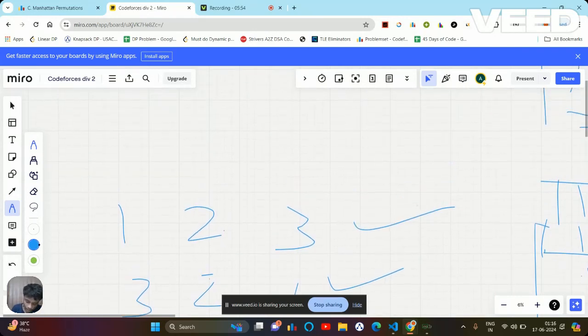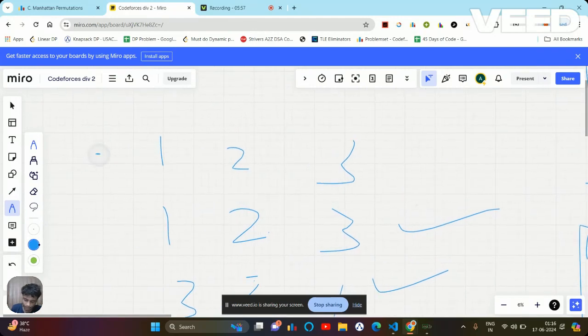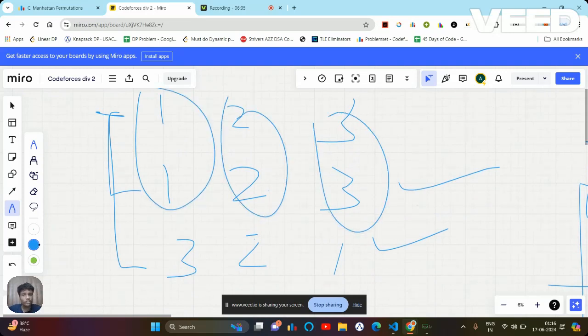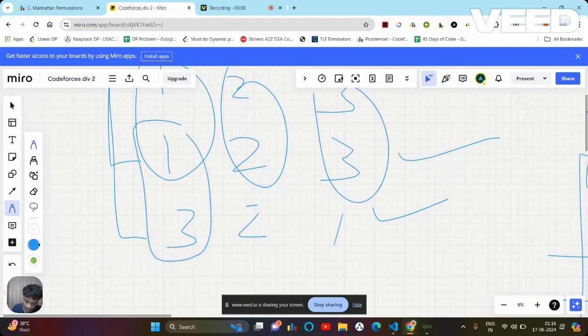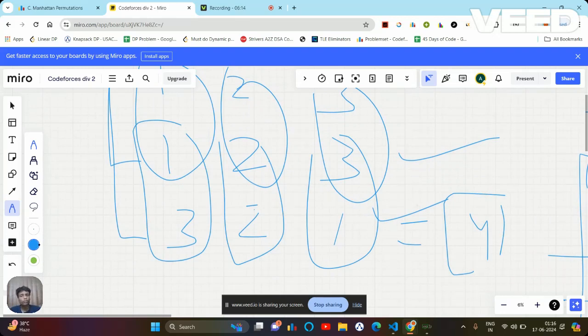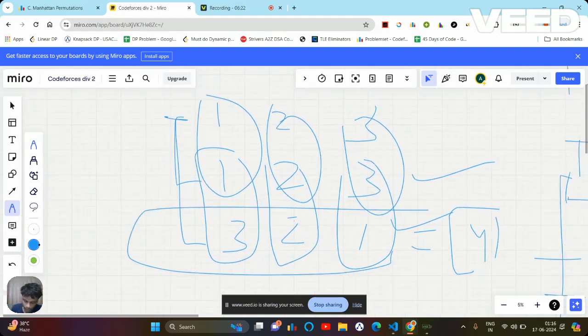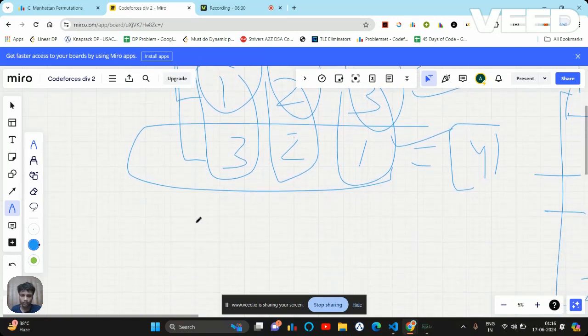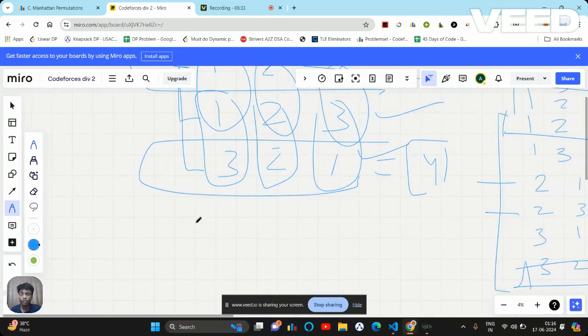The Manhattan value is what? Basically, let's say 1, 2, 3, and I want to subtract them and find the absolute of them. In that case, I'm going to get 0 0 0, so it will always be my minimum. If I calculate this for, let's say, this above one, in that case I'm going to get the maximum for this. If you just take any permutation and try to find its maximum and minimum value, you will get to know that if I write it in the opposite pattern, I'm going to get the maximum value. If I write in this pattern, I'm going to get the minimum value. Till now it is clear when I'm going to get the maximum and when I'm going to get the minimum.